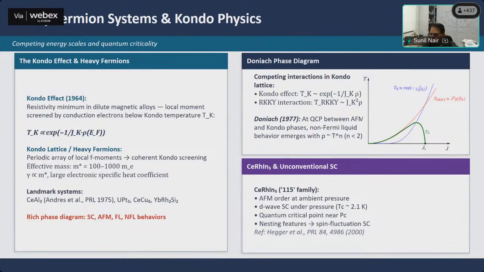Now, if you look at the heavy fermion systems, primarily here you are talking about two energy scales which are competing with each other. The first, as I said, is the Kondo effect. It has a functional form like this. You don't need to worry about the functional form. But what the Kondo effect is trying to do is to use a cloud of electrons to shield the magnetic moment. So as you can imagine, the end goal of the Kondo effect is to try and deliver a non-magnetic ground state. And on the other hand, it has a competing effect, which is known as the RKKY interaction, which is a form of a magnetic exchange.